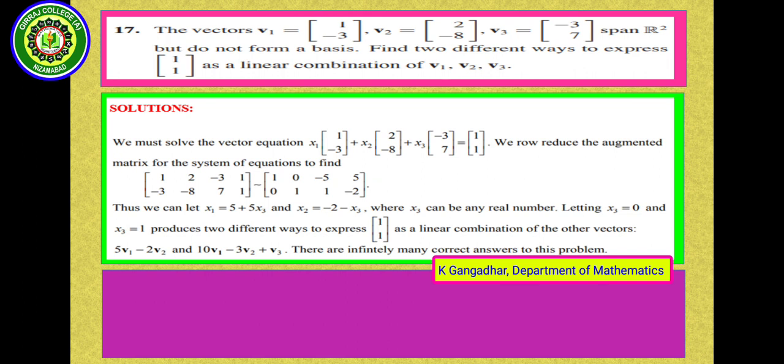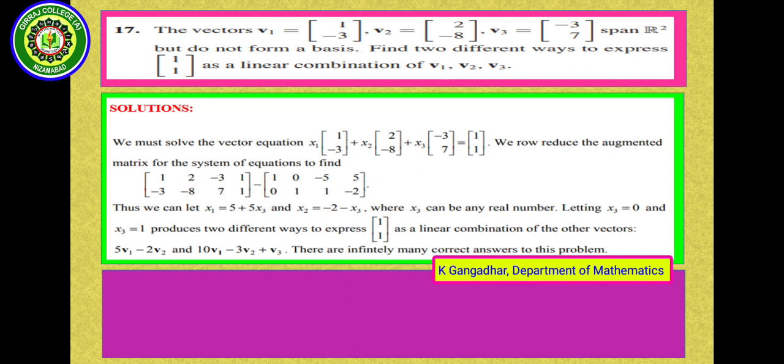So here it is in the form Ax equal to B. We write the augmented matrix [A|B]. So the augmented matrix is [1 2 -3 1; -3 -8 7 1]. That matrix is reduced to upper triangular form. Again we write the equations. So those equations are solved for the given variables, and we get the equation x1 - 5x3